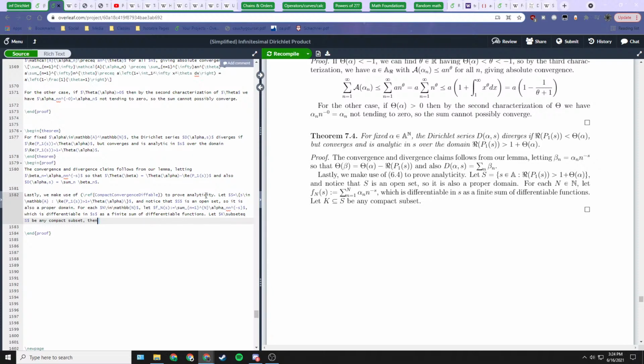Okay, so any compact subset, and then we can find, oh, how do we want to do this exactly? We're going to need to bound all of these terms somehow. Let me just do a thing here real quick before we lay out all the premises, because I don't know what they need to be. So when we do the sum, we want to prove uniform convergence over a compact set K. So we'll do f sub n of s. If we do the absolute value of f sub n of s, then this will be the summation n equals 1 to capital N of